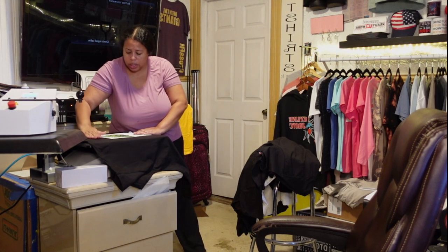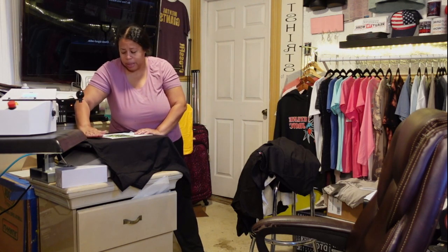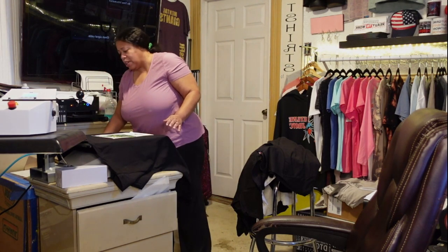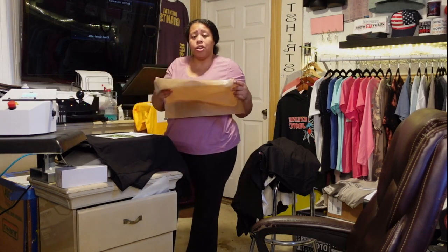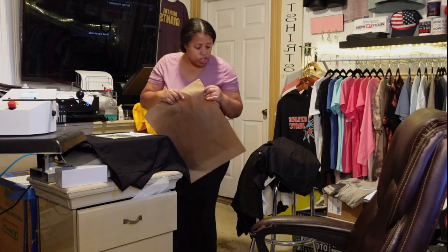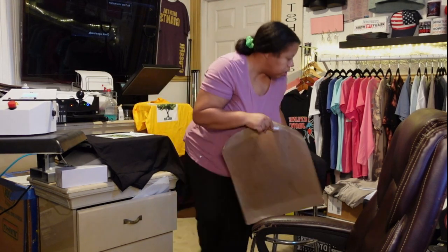3-4 fingers. I'm going to use 4 fingers because this is a big boy. And I'm going to come here, and I'm just placing that transfer in the middle, right? And after I place that transfer in the middle, today I'm going to use a Teflon sheet. You can also